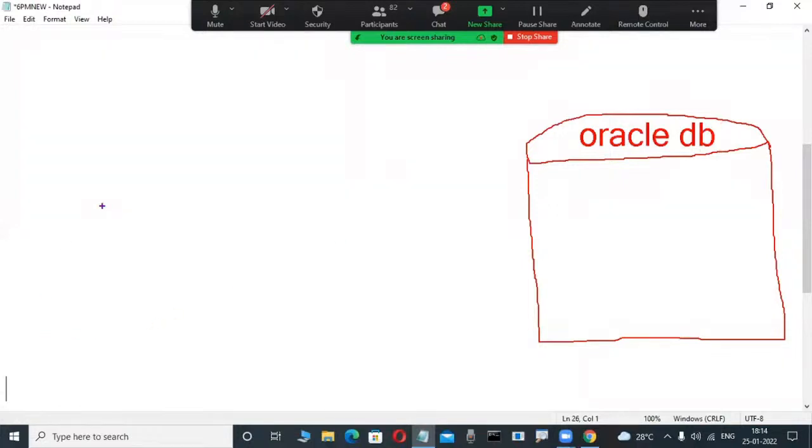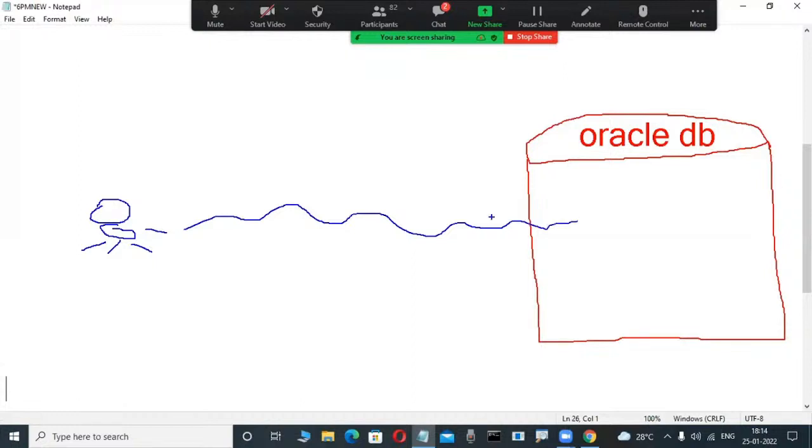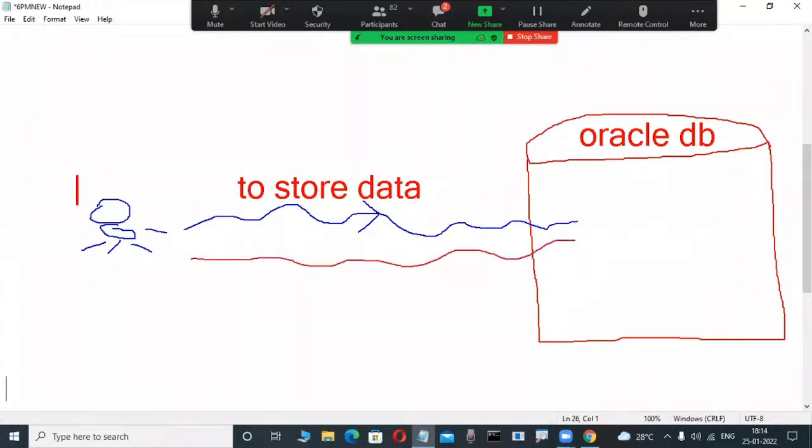Now, I am a user, for example. You are a user, I am a user. You want to store some data permanently in this database. And not only storing data, we are also modifying this data in the database. We are performing some operations in the database. Otherwise, we are fetching the data from the database. For example, this user wants to store data in the database or retrieve data